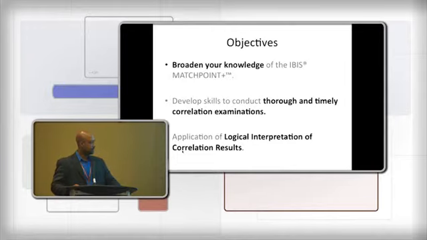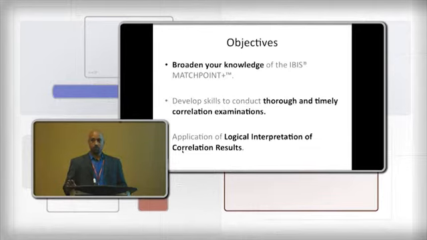And they came to me and said, we are now going to change our average turnaround time from 2 days to essentially about 5 days, because it takes a significant amount of time to do correlation examinations. And I was surprised. I'm like, what do you mean? And when I looked at the training guide for MatchPoint, it says that the correlation results give you 5